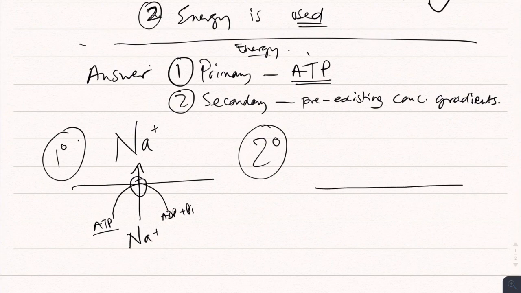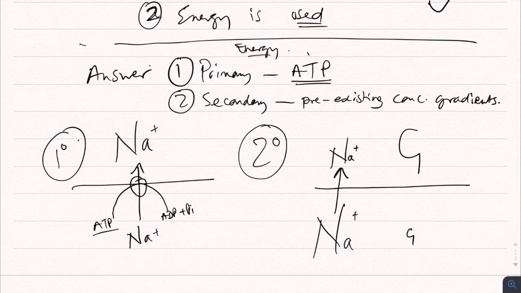So let's look at another example. Let's say we have got sodium right here. It's at a low concentration, and we've got sodium here at a high concentration. So sodium will passively move from here to here. But what you can do, now let's say you have glucose. Now glucose is at a low concentration here, but at a high concentration on this side. However, we still want to get